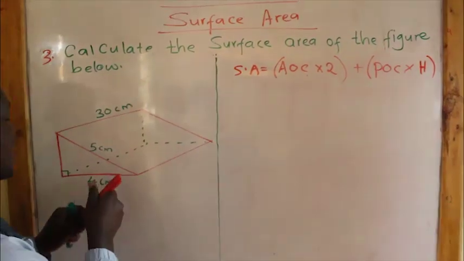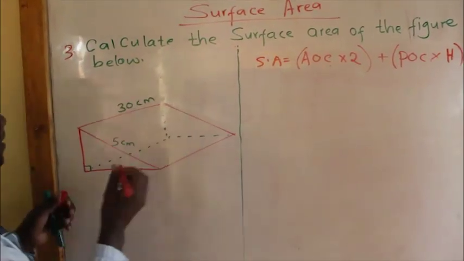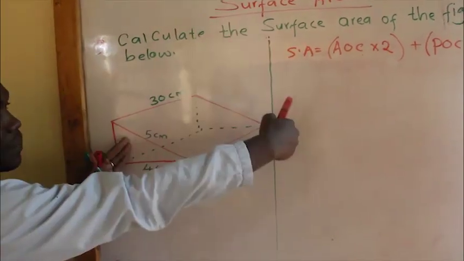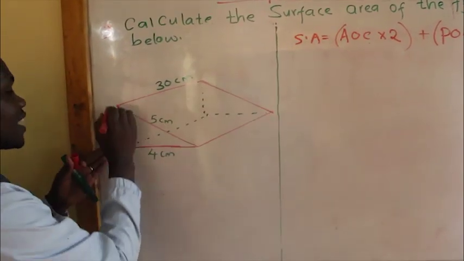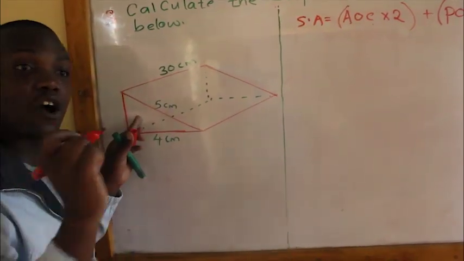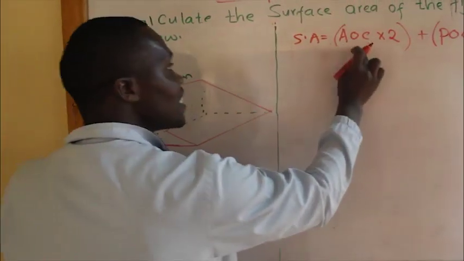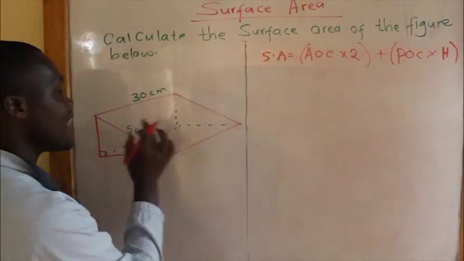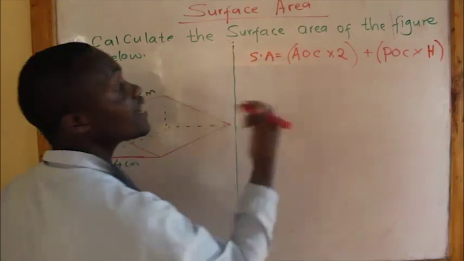Now the cross section here, you can see the cross section there, this part here, and then another part which is appearing on the other side. So the name of the cross section here is a triangle. Now, since it is a triangle, we shall write the formula of finding the area of a triangle. We interpret first.